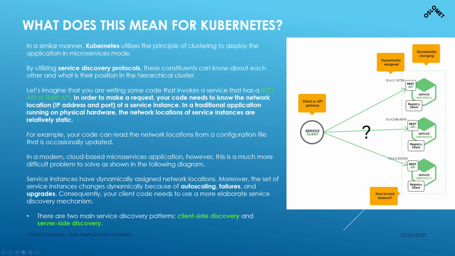Service instances have dynamically assigned network locations, because you can't really assign this statically. All these IP addresses of each service are going to be random, within a domain that you put in advance. If you add, let's say, a /24 subnet inside 10.4.0.0/16, then both of these subnets will be used.